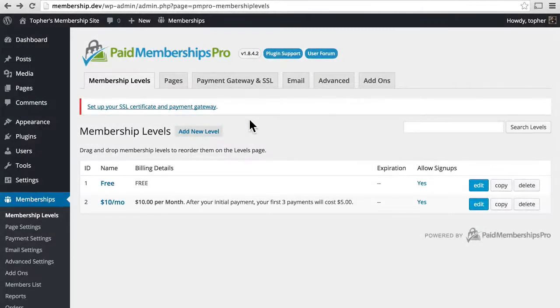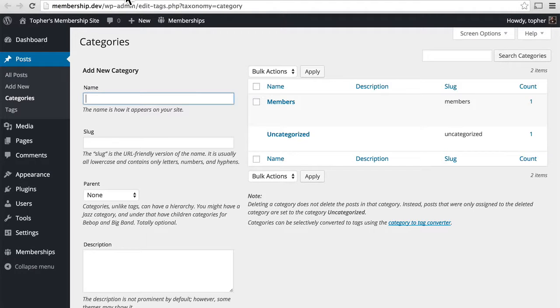In this session, we're going to take a look at how to restrict content for different levels of membership. The first way we're going to look at is through categories. I currently have two categories, members and uncategorized. There's nothing special about these categories as far as Paid Memberships Pro goes. I didn't do anything to them at all. In fact, you can't do anything to them to make them special. That happens